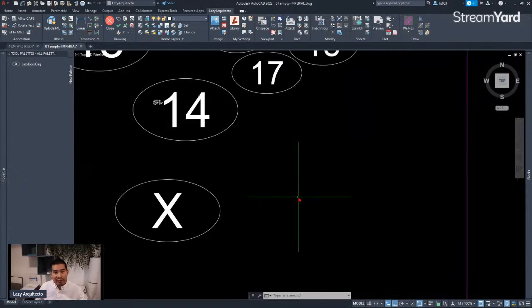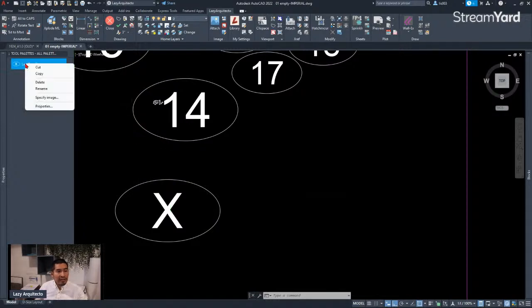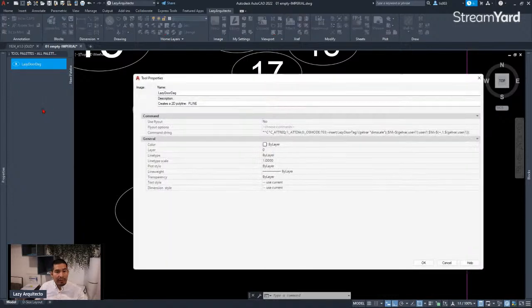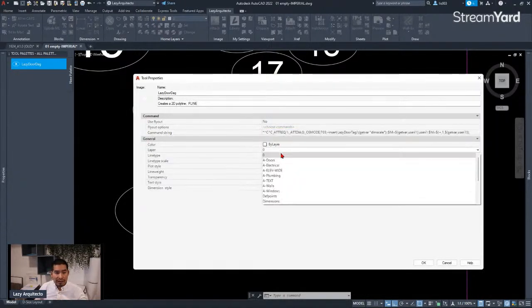So the way we did that was, again, by going to the lazy door tag and going to the properties. Over here we could also add a piece of code to specify his layer, but a better way was to go under the layer option and pick the layer that my client wanted